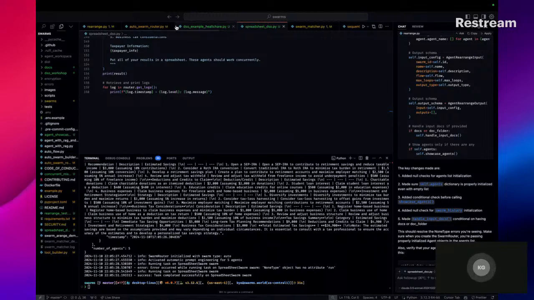DSO is basically automating the ability for these AIs to self-organize. Like, who should work with whom, and why should they work with each other? This is a hard problem, and we are the first people ever, to my knowledge, working on trying to solve this problem. And hopefully we could be the last.